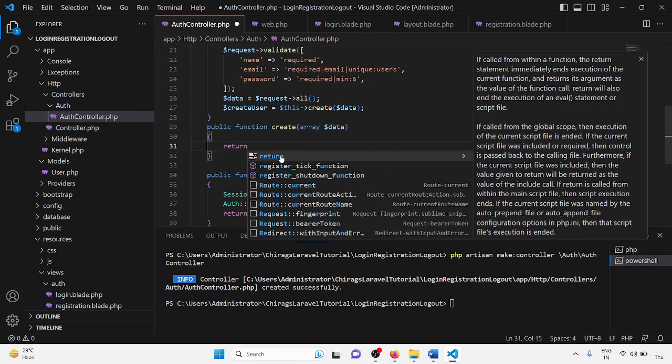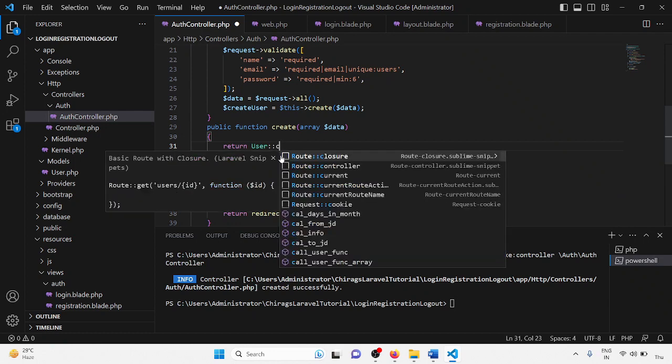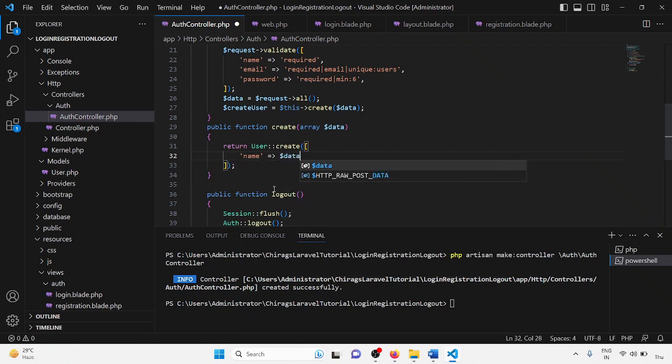So return directly, I'll write user create, and here I'll just give the name, $data of